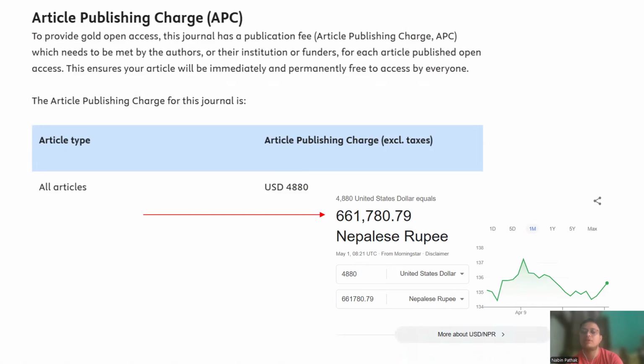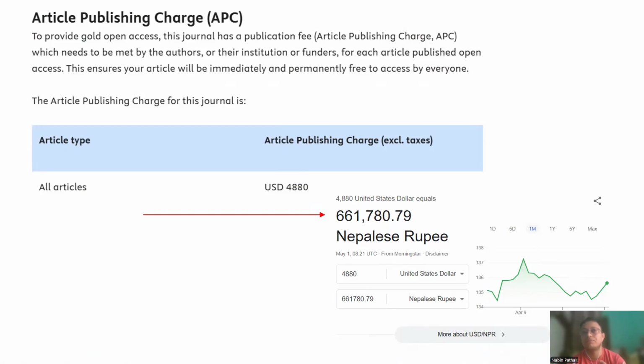It needs to have a certain kind of impact. But if you want to publish a paper in a very prestigious journal, for a context like Nepal, you need to pay a huge amount of money just for publishing, which does not make much sense. That is why, for research and development, for publishing a paper, for those library-based institutions where a huge amount of money for publication is not there, which makes it